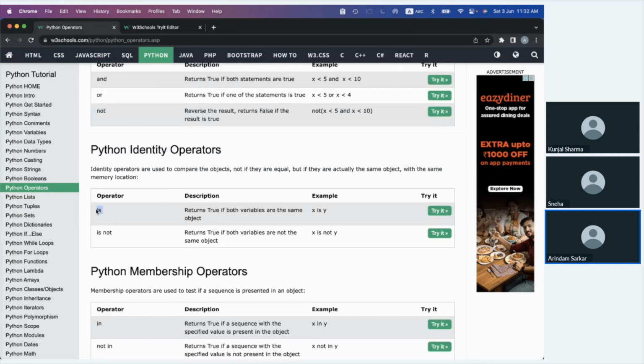This is used to identify or check if any variable is the same as the other variable or not. As the definition says, it returns true if both variables have the same object. This object term will be new to you, but it means that if both of these variables are the same,